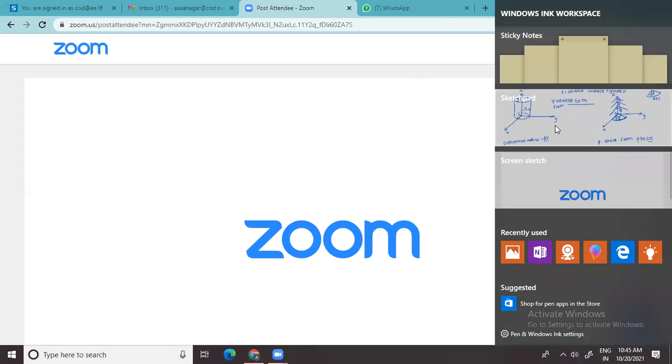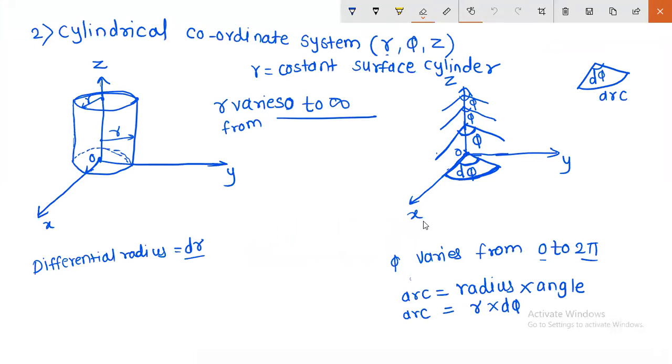Okay. This is very basic, because if you understand these coordinate systems, only then will you understand the next part. So your first chapter is very important here. Now we'll see the third coordinate, that is Z, the z coordinate. So all of you noted this? Can I erase? Just draw this. And here this phi is equal to constant. Just draw this fast.